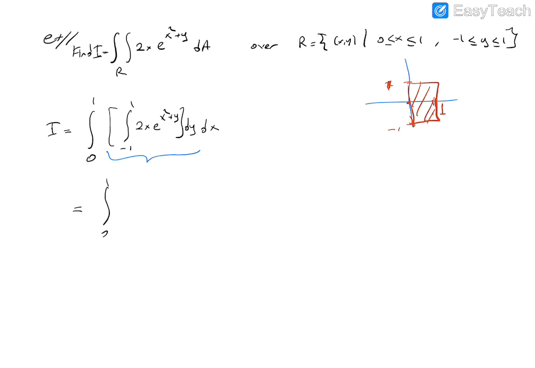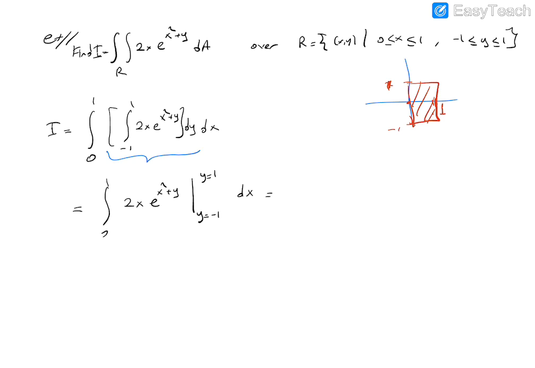So from 0 to 1, 2x should be considered as a constant because in terms of y we integrate. So 2x. Integral of e to the power x squared plus y, x squared is considered as a constant, e to the power x squared plus y, over the derivative of this function with respect to y, which is 1. Okay, so we don't need that one. So this is the integral of this function in terms of y. If you want, you can evaluate the derivative of this function in terms of y, it is that one. So y changes from -1 to 1 and dx.